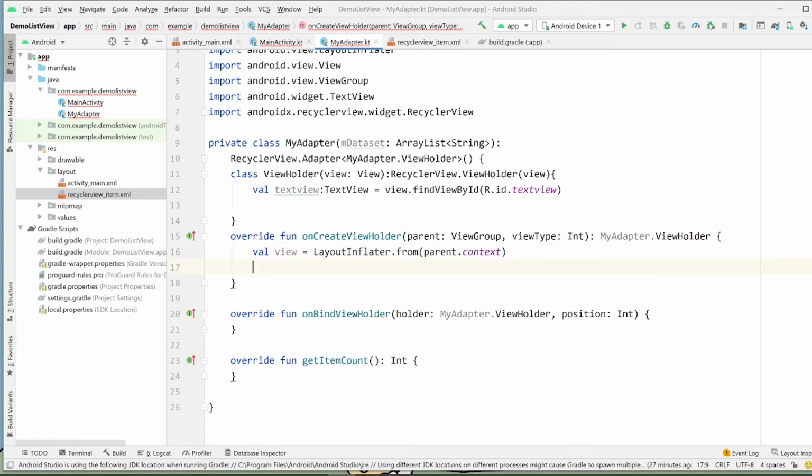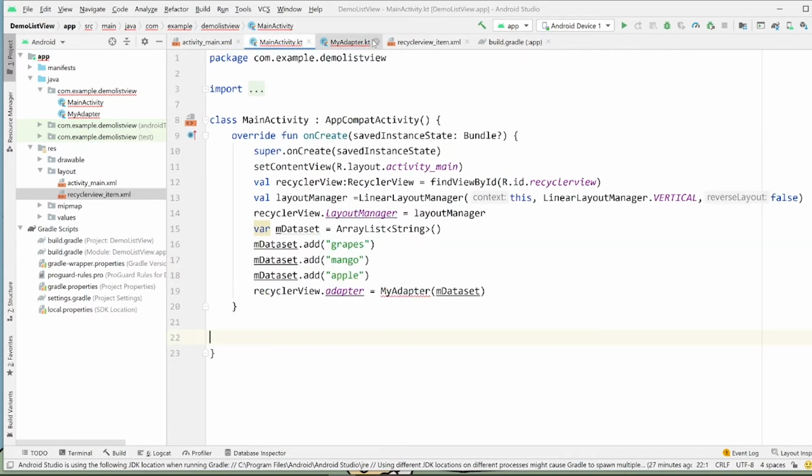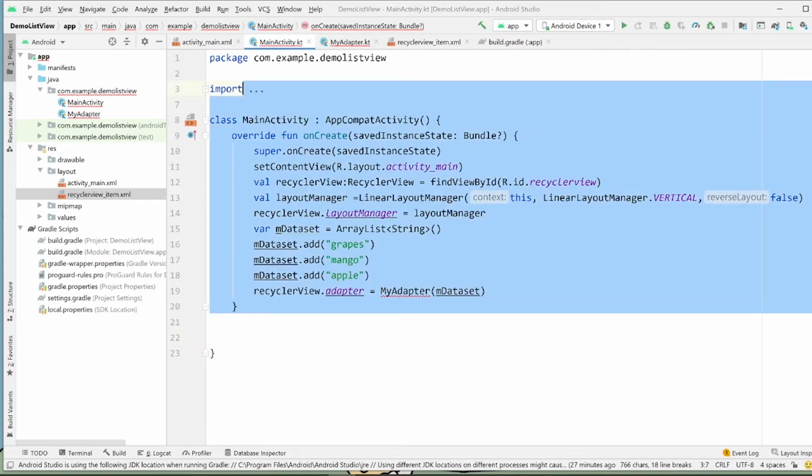The layout inflater takes a parameter of the context. parent.context is asking the adapter what the overall context of the recycler view is, which is actually the main activity.